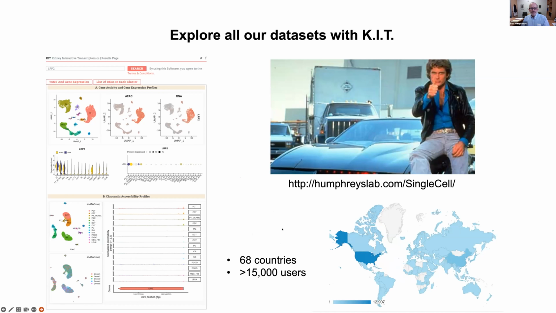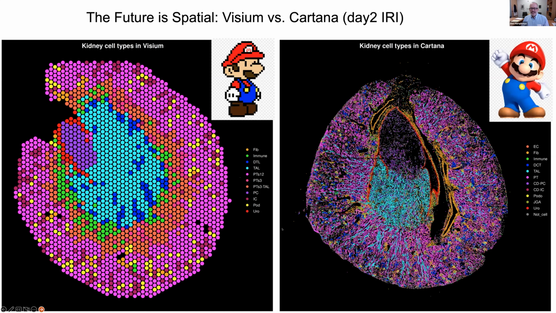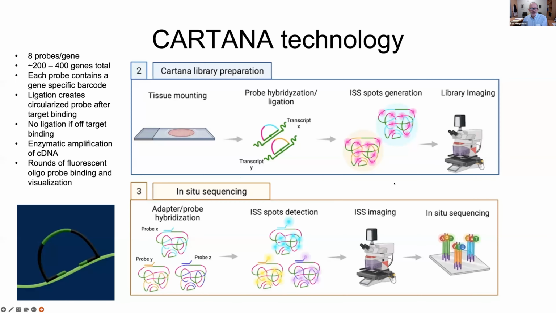So I just want to finish with the final minute to tell you where we'd like to take this. I think we're really investing a lot of effort into spatial transcriptomics. Here's Visium, and here is a Cartana, which is a sort of similar technology, in situ sequencing. And just to point out that there really are rapid gains being made in resolution of spatial transcriptomics. I probably don't have time actually to go through, but if there are questions, I'd be happy to. It's an in situ sequencing